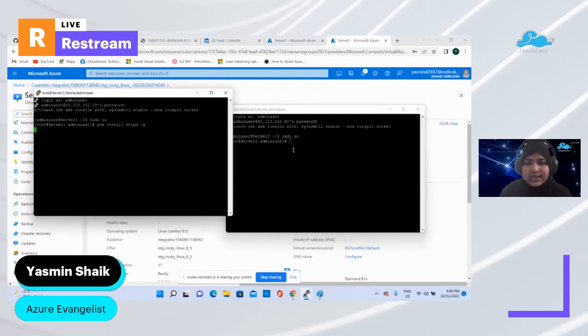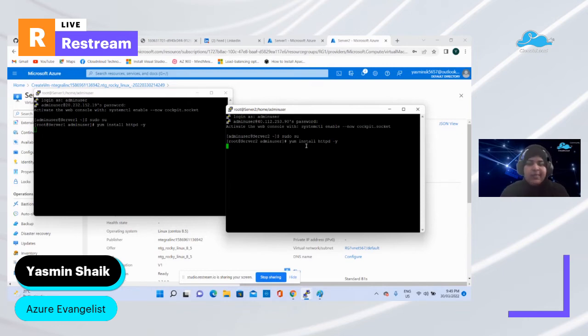Just give enter until it installs. Let me install the same in our virtual machine 2 as well. So now we are downloading one of the web server applications onto our virtual machine.